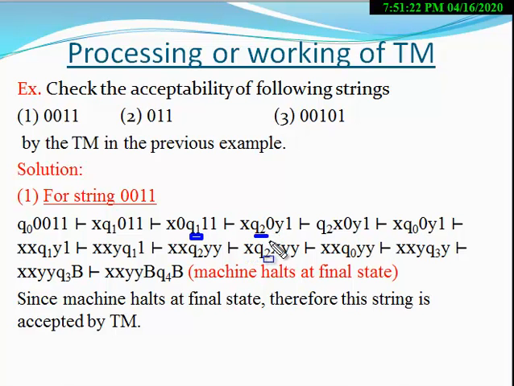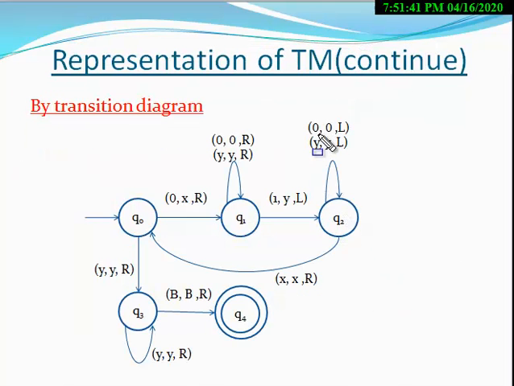Now you have to check which transition rule will be applied here. Q2 0. So at Q2 0, look at this rule. At the Q2 state, when the 0 tape symbol appears, the machine only moves to the left direction. That is, no state change, no tape symbol change. Only the machine moves to the left direction. Now you apply this transition rule in the ID.